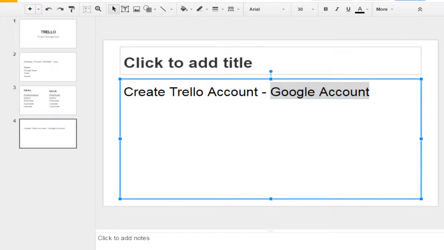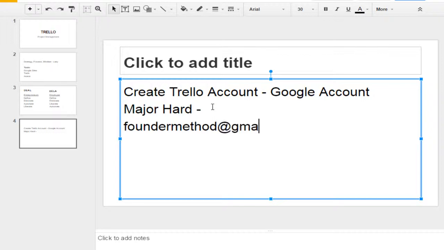this. Example, if you are using Google account, the competitor is Major Heart. Our competitor for Google Apps account is the opposite of Major Heart. So you think about what is the opposite of major? That's the word. What is the opposite of heart? So if you are using Major Heart as your office suite, I strongly suggest you use Google account. So you can contact me at foundermethod@gmail.com to let me know if you want to convert your company Major Heart office suite to Google account.